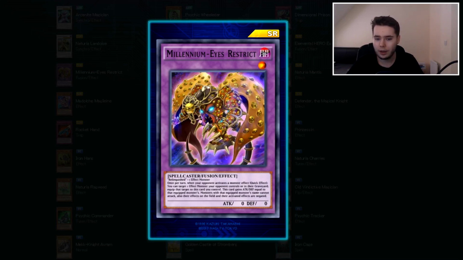you can target 1 effect monster your opponent controls or in their graveyard, equip that target to this card you control. This card gains attack or defense equal to that equipped monster's. Monsters with the card equip's name cannot attack. Also, their effects on the field and their activated effects are negated, so again, going back to that Quacky Mirror